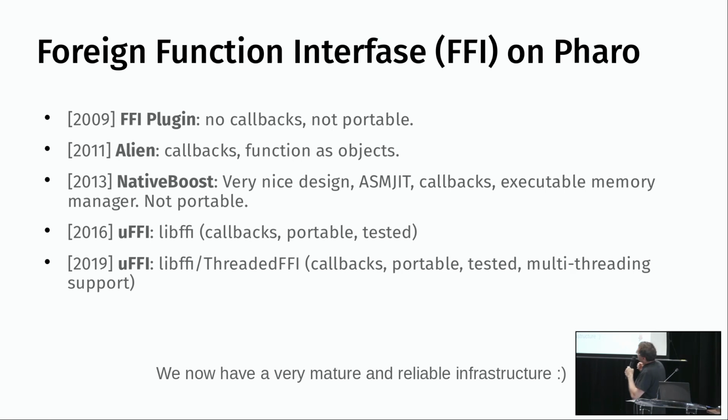In 2011, there was Alien, which was an Eliot Miranda project, and it was a nice project. It implemented callbacks for the first time. It had a very weird design, because each function that you wanted to implement was a separate object, and then it was calling